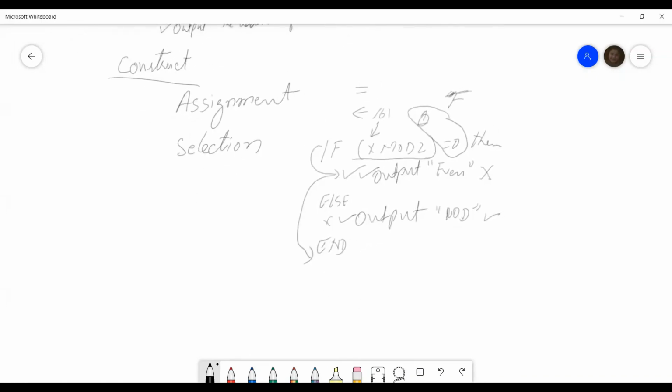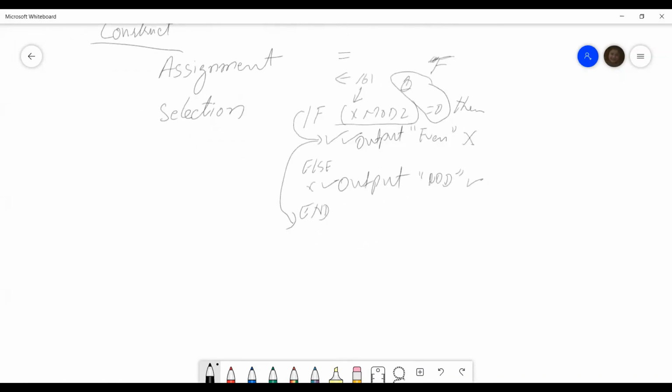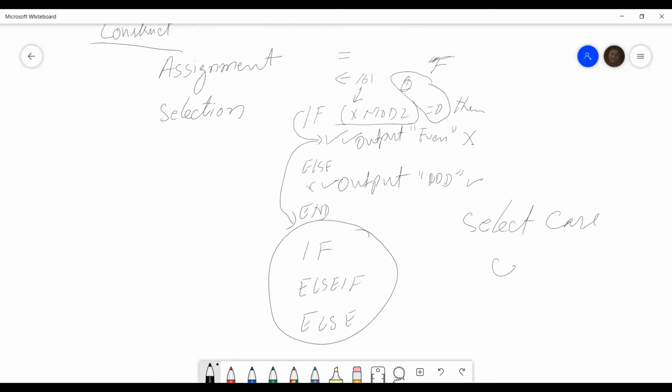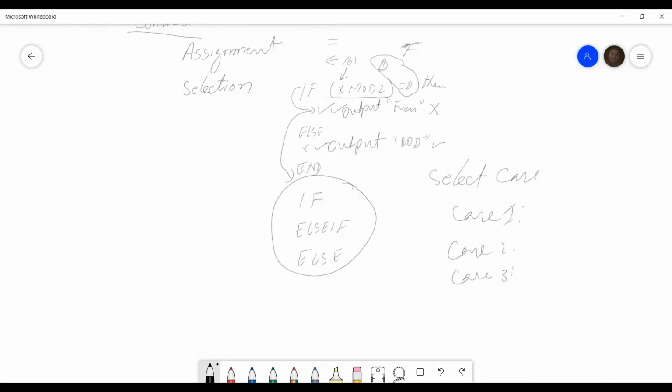So we can use an if else statement for the conditions. We can also use select case: case 1, case 2, and case 3. Like for example, if I have a menu,